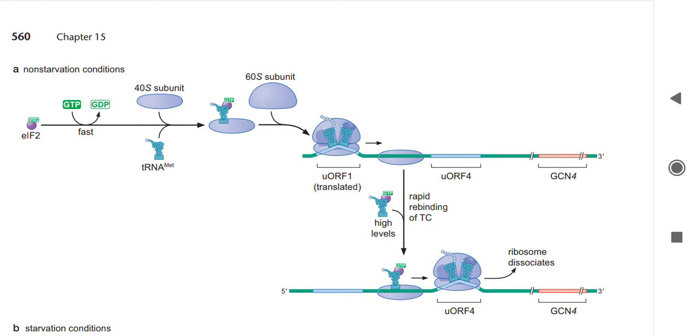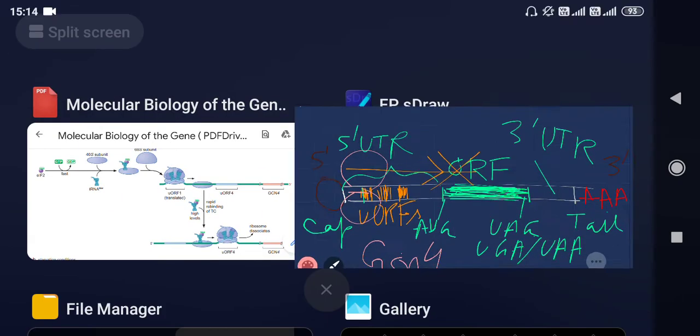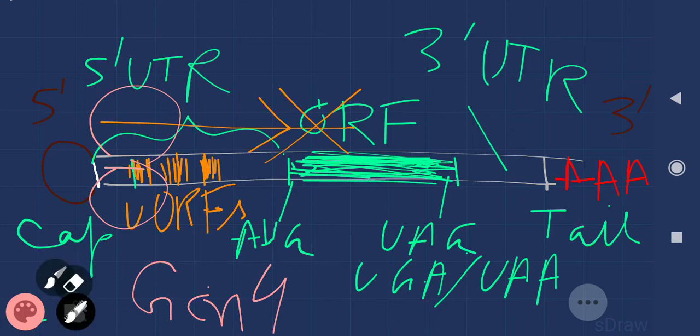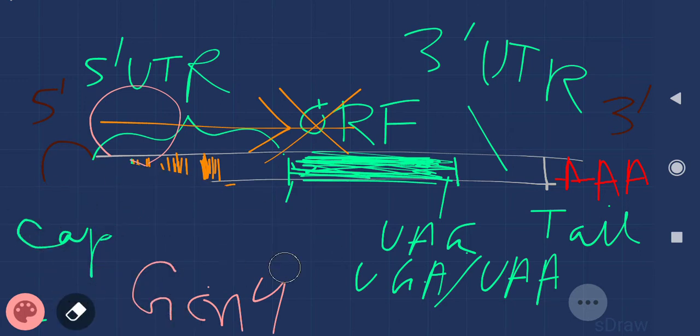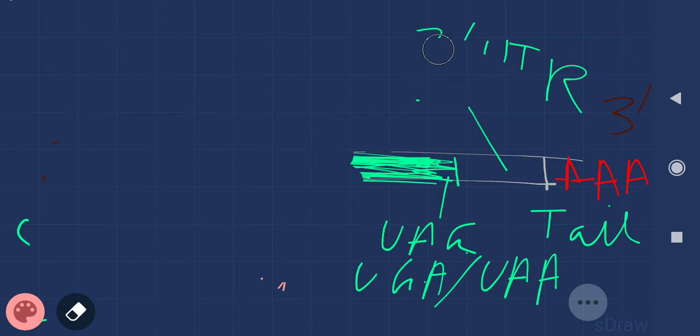GCN4 are transcriptional activator proteins. GCN4 will regulate the expression of those genes which encode enzymes needed for amino acid biosynthesis. Okay, so if I talk to you about this, let me erase this thing.